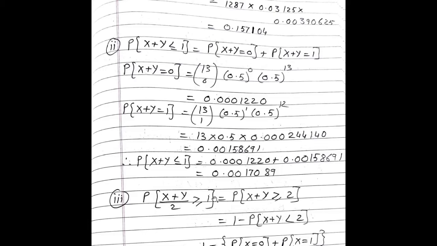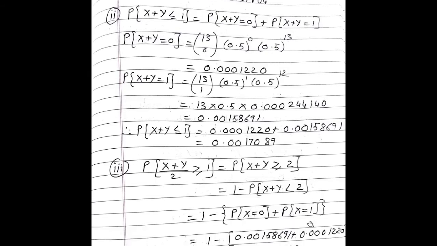These two will get cross multiplied with 1 and we can write this inequality as probability x plus y greater than or equal to 2. So which can be considered as 1 minus probability x plus y less than 2. So 1 minus probability x plus y is equal to 0 plus probability x plus y is equal to 1, which we have already calculated. So we will replace the values. So the answer becomes 1 minus